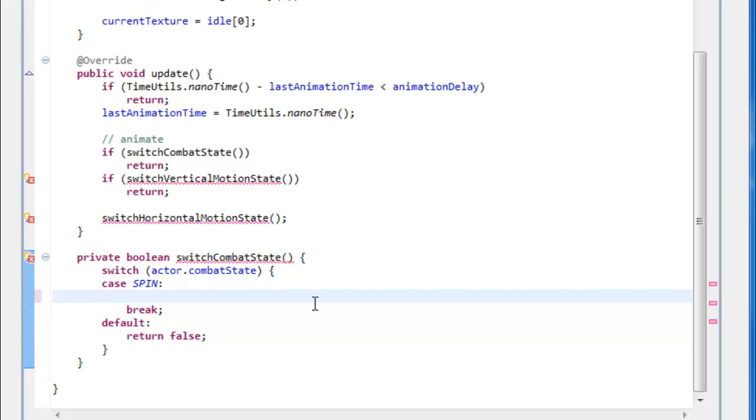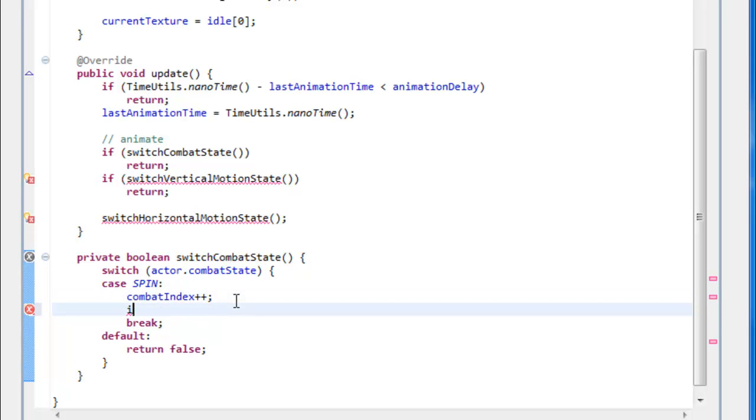Case we're spinning, what we're going to do is combat index plus plus to determine the animation frame that corresponds to the combat move. We have a lot of combat moves. We have round kick, we have two-sided attack, we have downward kick. So we're going to use this combat index for all of those things. And we're going to determine the current texture is equal to spin kick